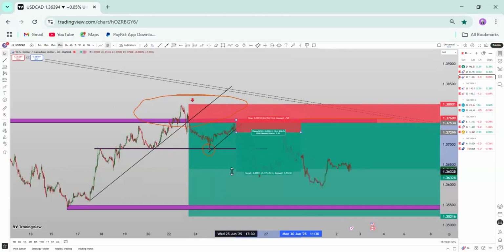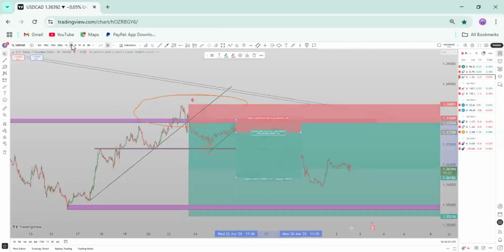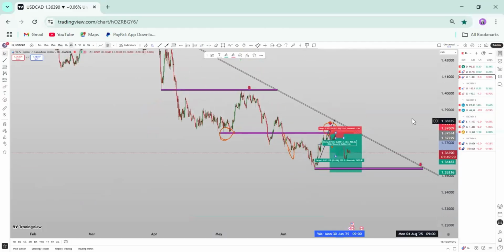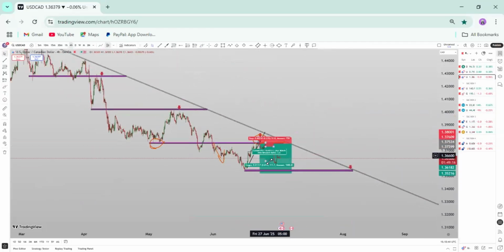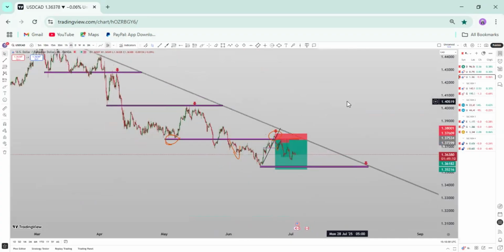Then I have around 1 into 4, somewhere around 1 into 4. Then I take the profit, the inner one. But now what happened again? If I come to a higher time frame, you see what happened again. After exactly taking profit from my inner zone, after the retest, the market